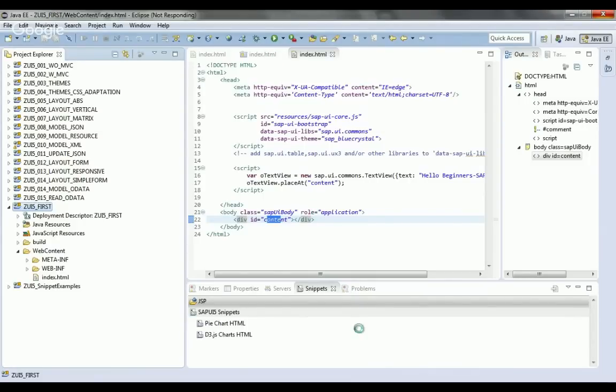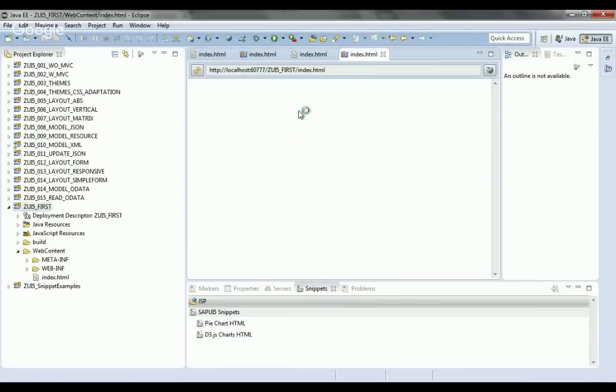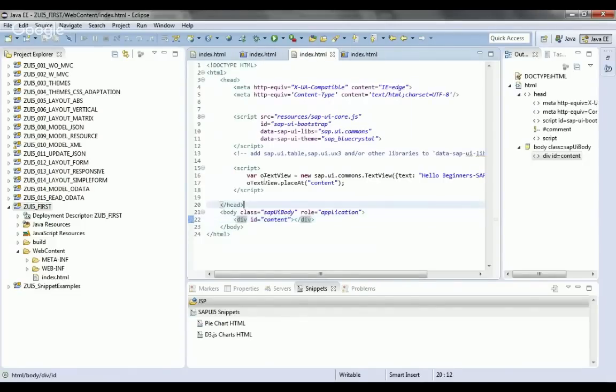It's just coming up. So basically, this is the installation process, and this is how you start developing applications. This is not a model view controller application. This is just a basic, simple, plain application. But you can even do an MVC model, and we will learn all of this in the course. We'll go in complete detail to understand. So here is our Hello Beginners SAP, because we have created a view and we added it to content.